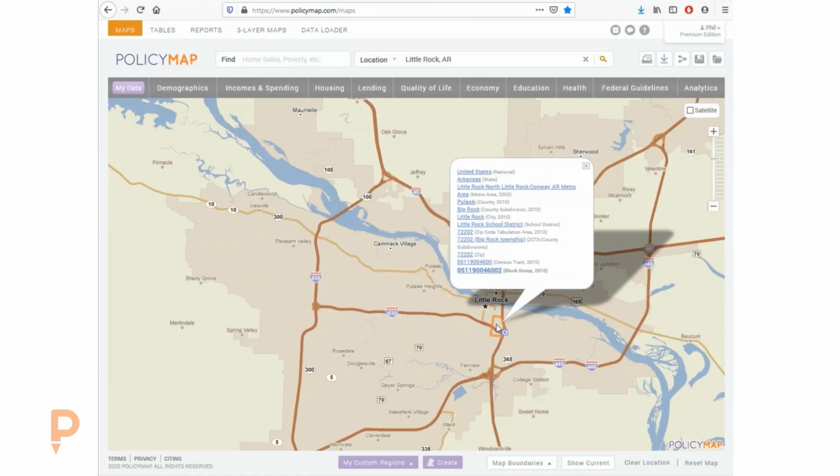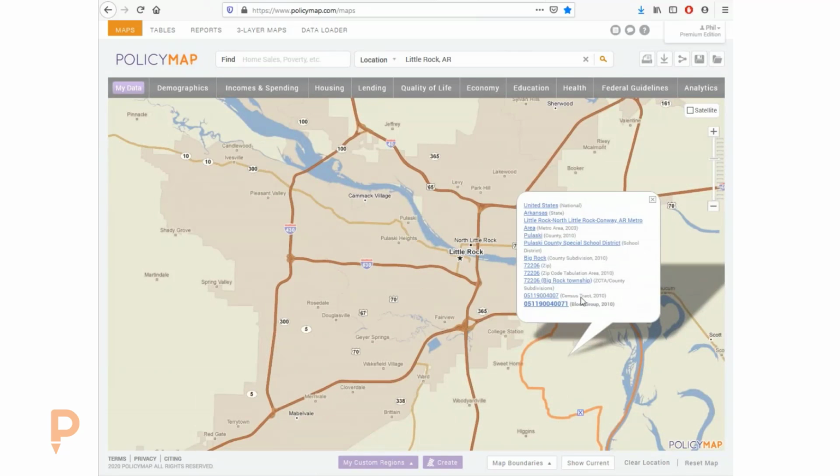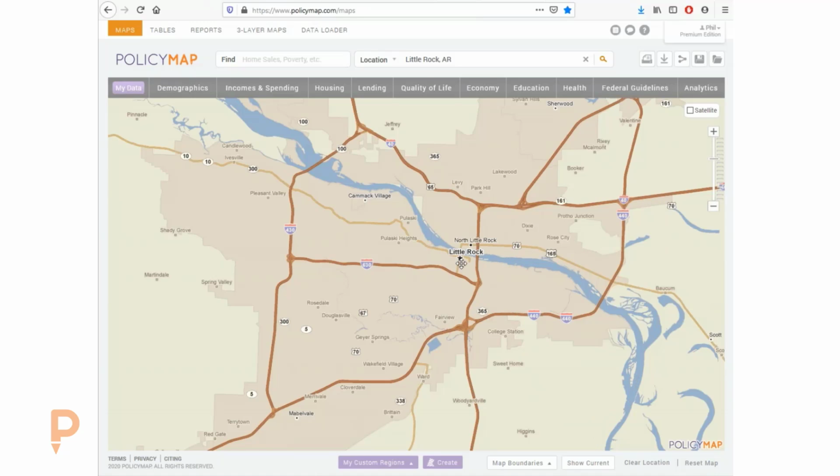So some of these block groups are very small as we stay within these urban areas, but if we were to go out to the other side of the highway, you can see how large these block groups are. So there's less people living there, and that's the density of population. And from there, it builds up. So a grouping of block groups forms a census tract, which is about 1,500 to 5,000 people. And then tracts form things like county subdivisions, which are sometimes neighborhoods, and so forth. So just to give you an understanding of size, you can think of a block group as about 1,000 people on average, but it depends on density of population.